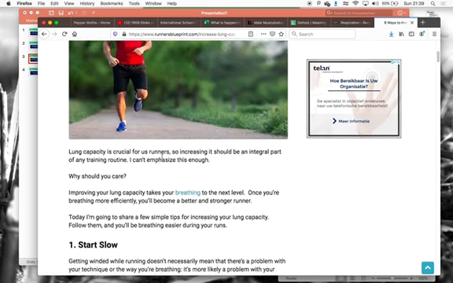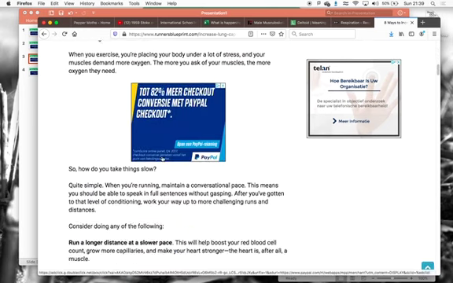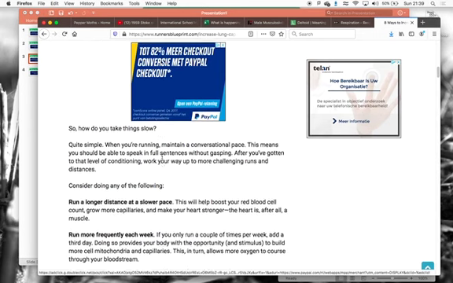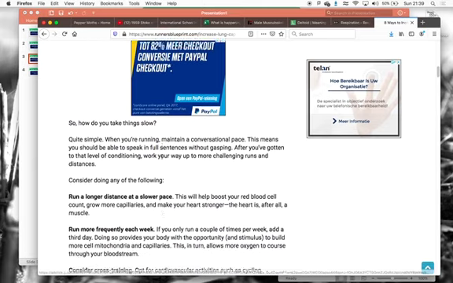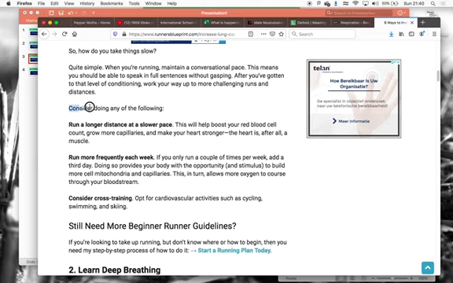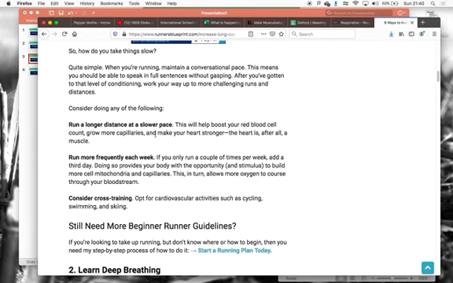And after a little bit of Googling, I came to a very nice website here. This is not one that you have to use. Obviously, this is not even one that you should use. This is just what I happen to find when I look on Google. And when I look down, consider doing any of the following. Run a longer distance at a slower pace. This will help boost your red blood cell count, grow more capillaries, and make your heart stronger. Now, this leads me on very nicely